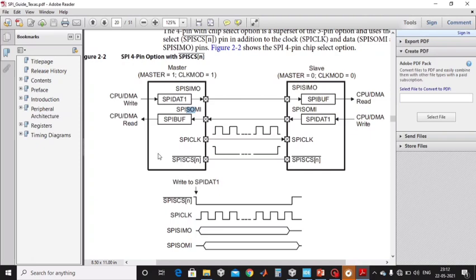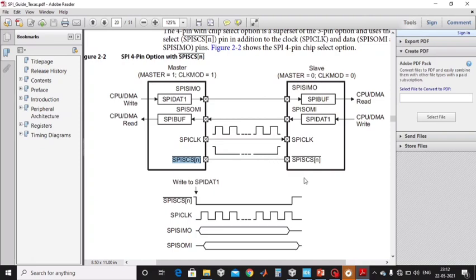So when master wants to talk to slave device 1, it will pull down the CS pin of slave device 1 only. In that case the data is on the SPI bus, but the chip select pin of the other device is off. So device 2 will not respond to this data because the chip select pin of device 2 is off. And when master wants to talk to device 2, then master will lower the chip select pin for device 2, and for device 1 at that time this pin will be high.